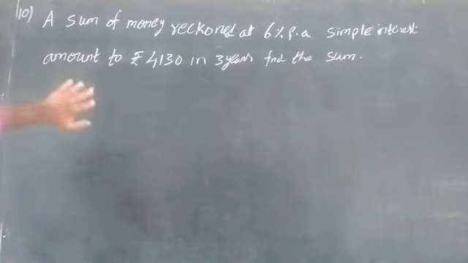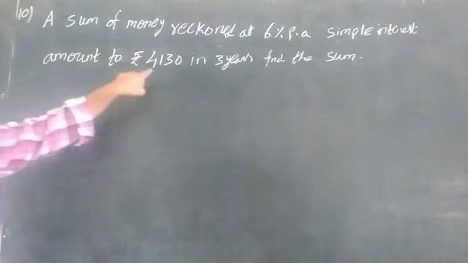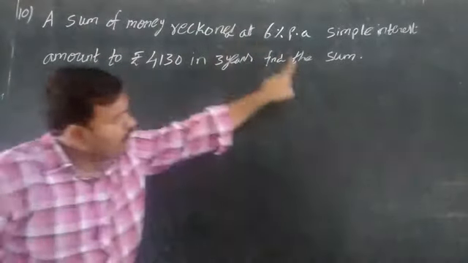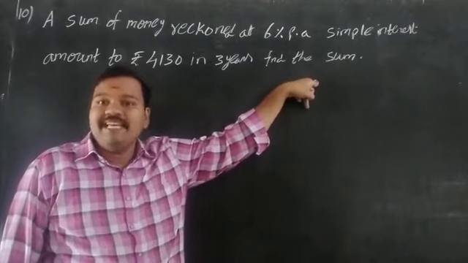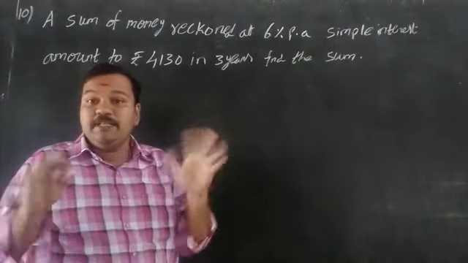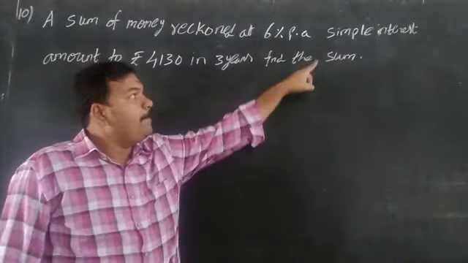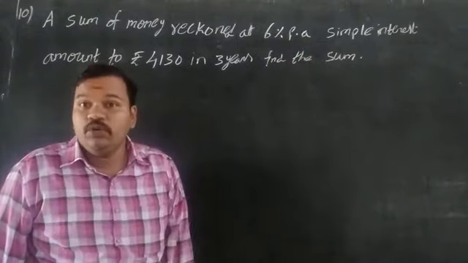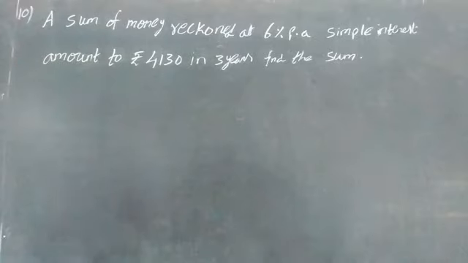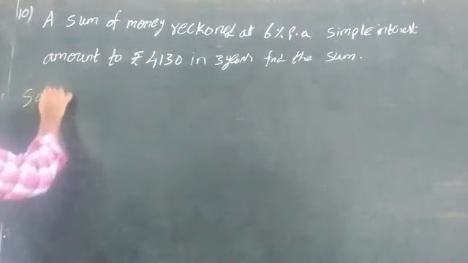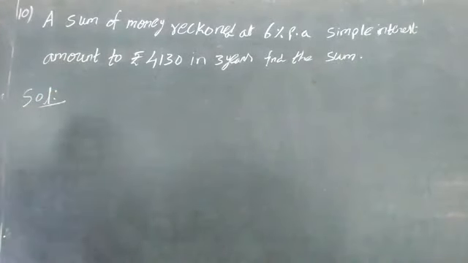Okay, this is an entirely different sum. Actually, the amount is given to find interest, when the principal is given. But in this question, the principal is not given. Then how to do this sum? We have to do it with another formula. That is another process. I am following this procedure, you can follow your own procedure.